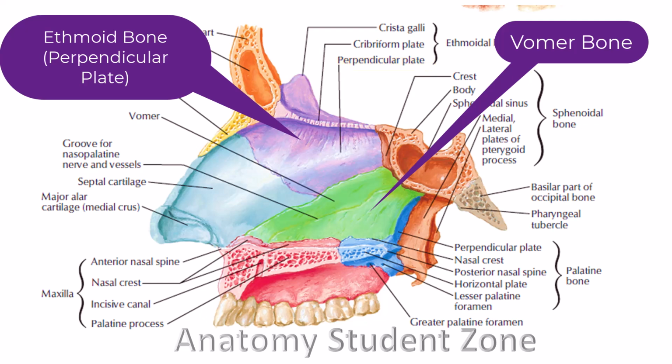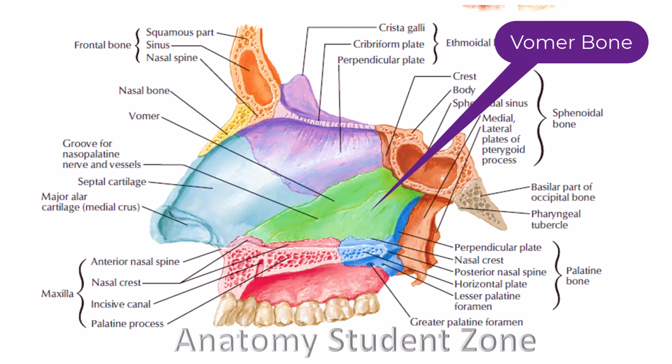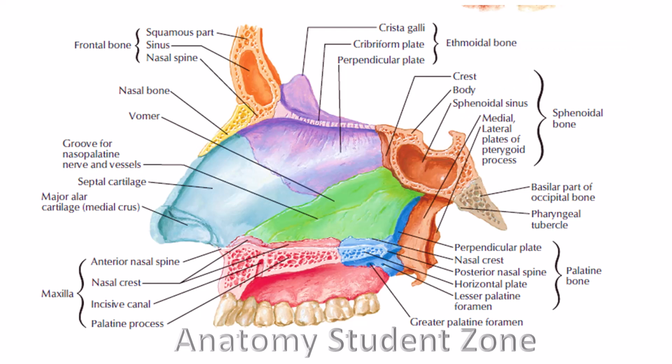We can also see in this image that the vomer does not have any parts. So, as a whole, this bone contributes to the formation of the nasal septum inferiorly or postero-inferiorly. Besides these two bones, the ethmoid and the vomer, which form the nasal septum, there are also minor contributions from other bones as well. And these are, you can see, the nasal bone, frontal bone, sphenoid, maxilla, and palatine bone.